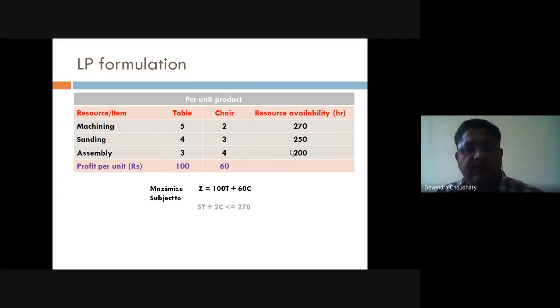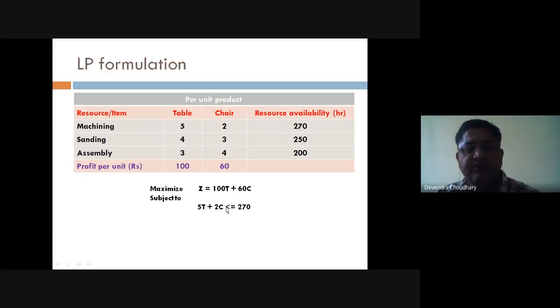So this objective function is subject to the first constraint, that is the machining constraint. Now a table requires 5 hours of machining, whereas a chair requires 2 hours of machining. So if you are producing T number of tables, then it will consume 5T hours, and if you are producing C number of chairs, then it will consume 2C hours.